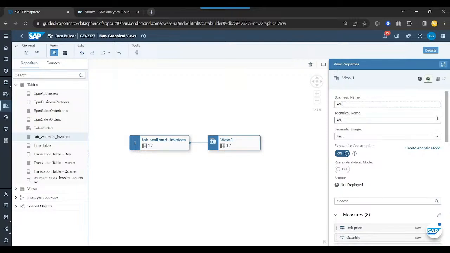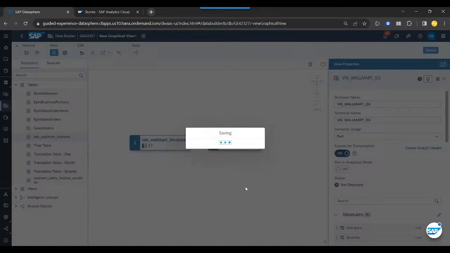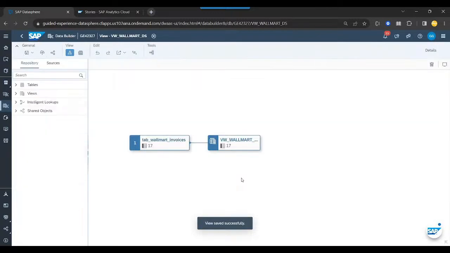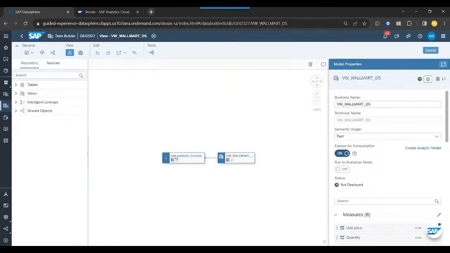Let's put the view name. Let's call it view Walmart DS dataset. And I will now click on deploy. So you can save. The save will basically save a copy of this object into the system, but the system is still not ready for use until we deploy. So deploy will trigger a DDL command to the cloud database where this object gets persisted. So let's deploy,